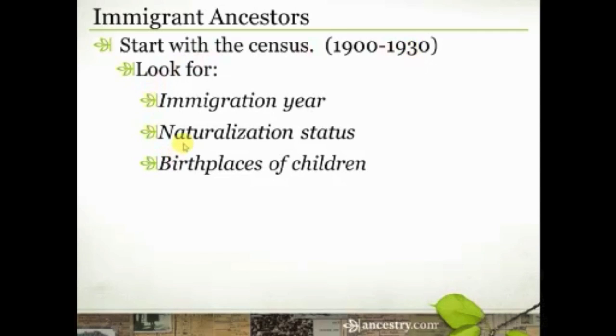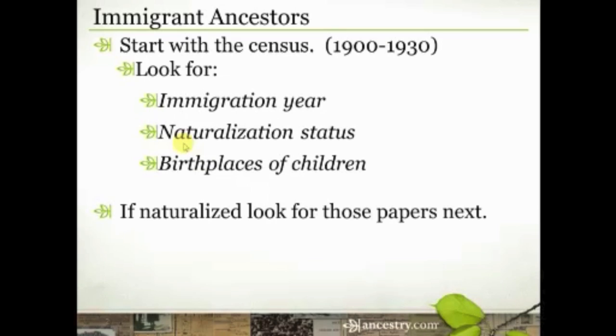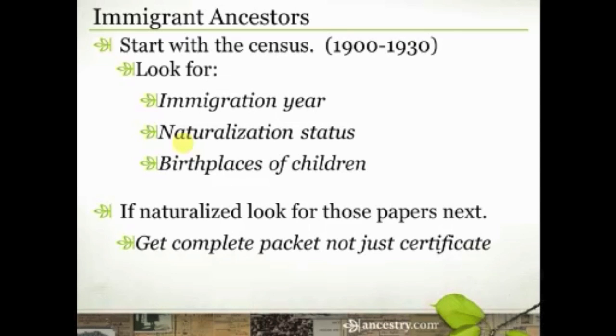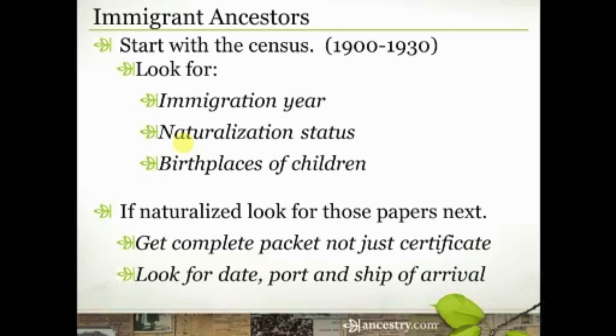Also, we talked about naturalization status. Pay attention to that. Look for those naturalization papers if they became a U.S. citizen. Those naturalization papers are a treasure trove of information. It is a complete packet. It includes a declaration of intent, as well as a petition for naturalization. And those documents oftentimes contain information about the exact date, port, and ship of arrival for that particular immigrant. Included in that then are usually the spouse and children of the immigrant as well,